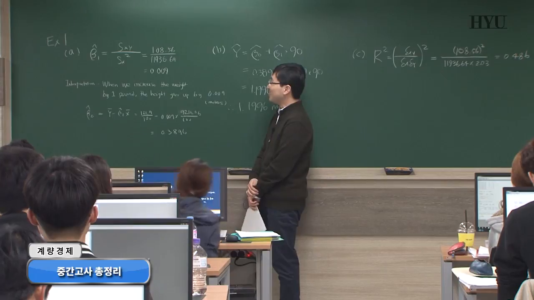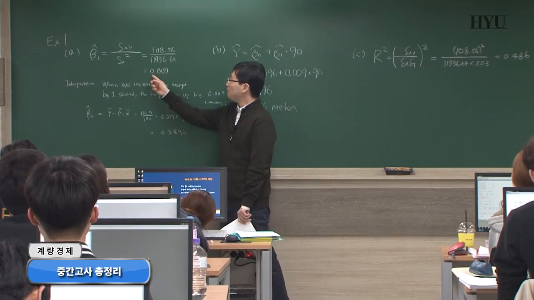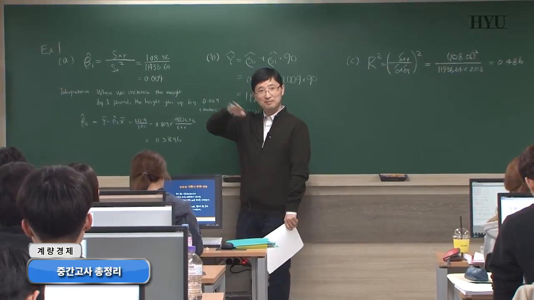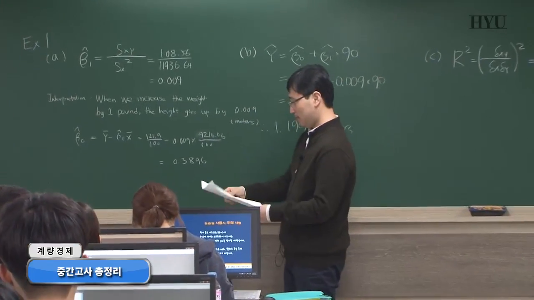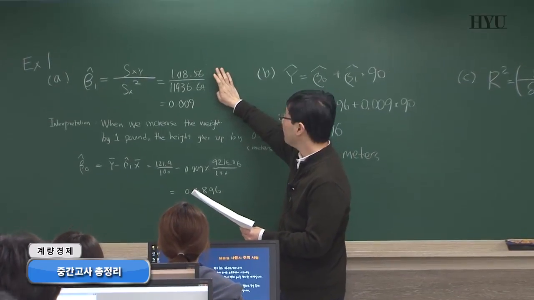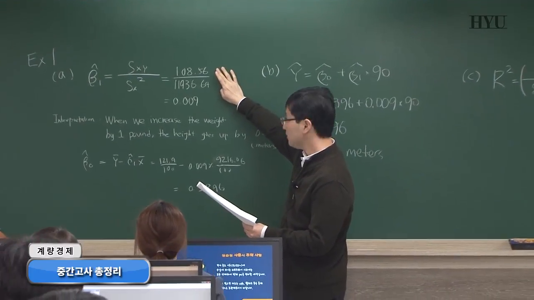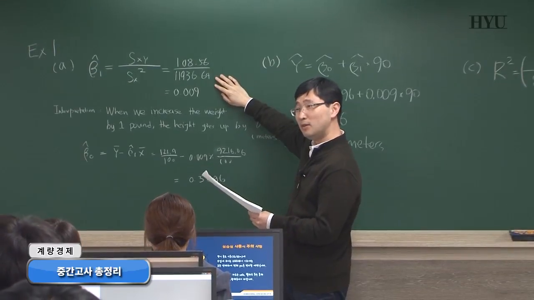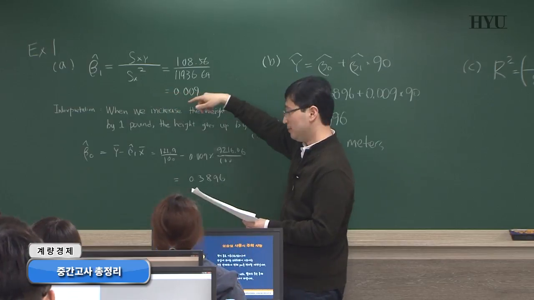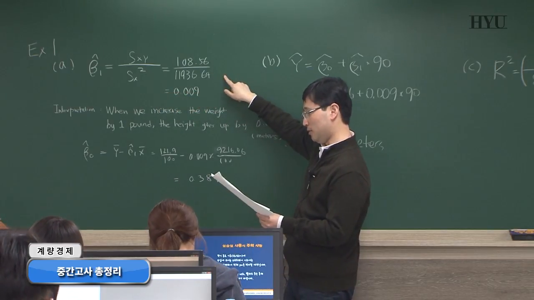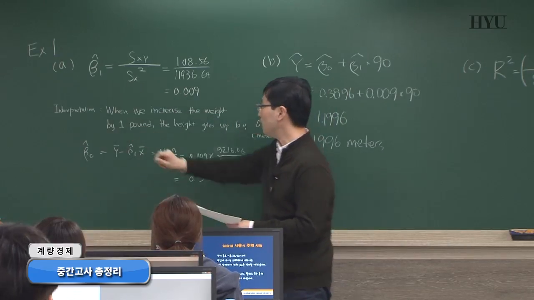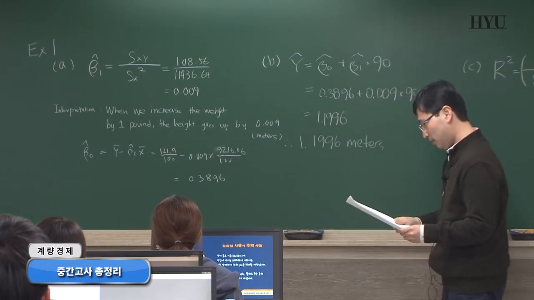Okay, so this is excellent. Did you get 0.009 too? This is for the slope. It's the sample covariance and sample variance. There is a 1 over n minus 1 term, right? But that canceled away, so they just use the summation. So the ratio makes the slope coefficient. And it also says